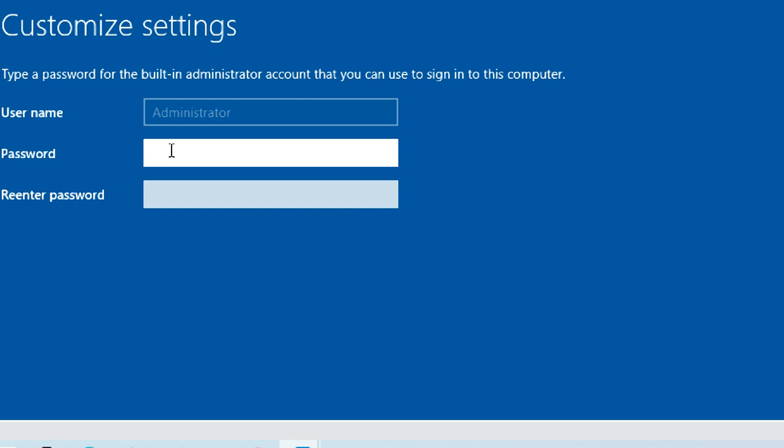So you don't need to create any other account currently, you can create one later. I'm giving the administrator password as admin@123 only, because I don't want to forget my password.